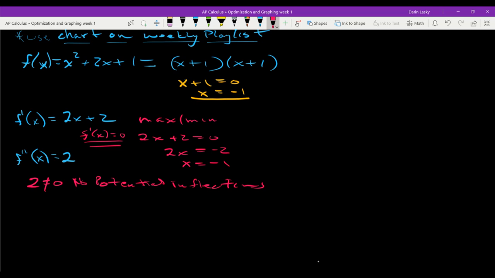And I know right now that since this is always going to be positive, f double prime of 2x is always greater than 0, right? It's always greater than 0. It says it right here. That 2 is never going to change. So that's going to be greater than 0. So if we go over here and we look at this,